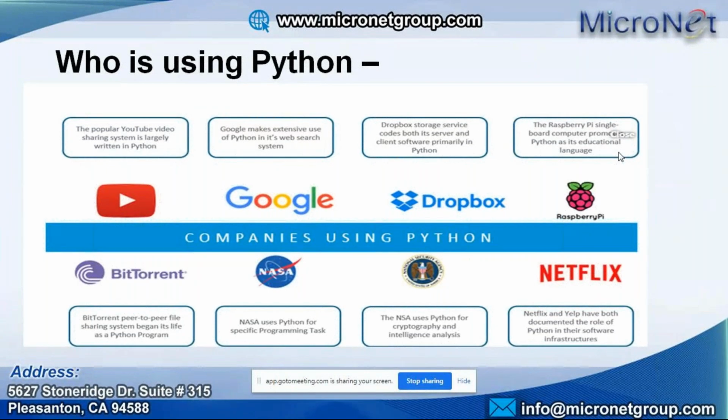And we can use it for IoT also. So IoT with the help of Raspberry Pi. Raspberry Pi officially announced Python as their language. So we have developed one application with the help of Raspberry Pi to identify where exactly the employee now is. So this is one use case we can see.